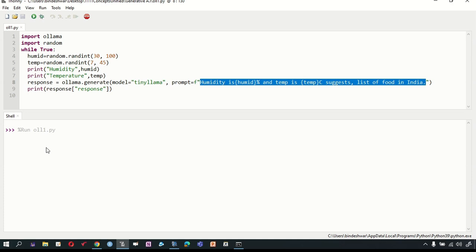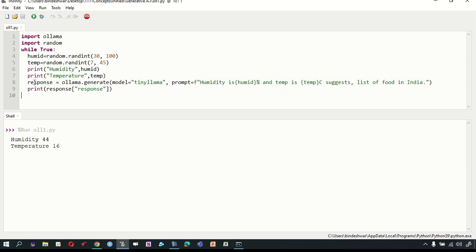So here, first of all, humidity is 45% and temperature is 16 degrees. See that because it is a large language model, it will take a little bit of time, and you can see that. Thereafter, I will not interfere, and it will be suggesting. And while it is generating text, I would like to tell you that